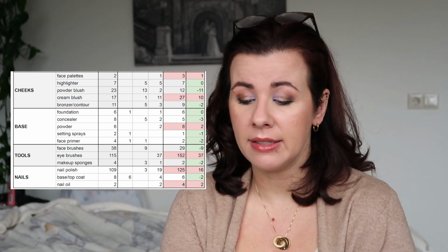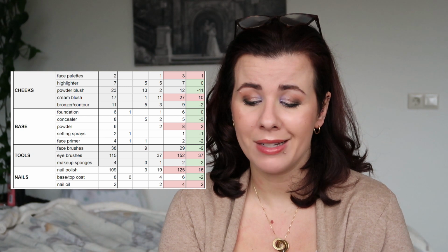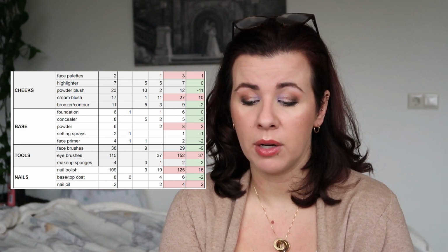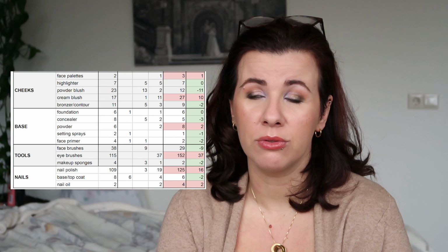Concealers, I had 8, and now I have 5. I decluttered quite a few and I bought a few this year. I kind of want to bring it down. This category I really want to bring down, both the foundations and the concealers. I just want one more coverage, one less coverage at the end, because my colors don't really change a lot